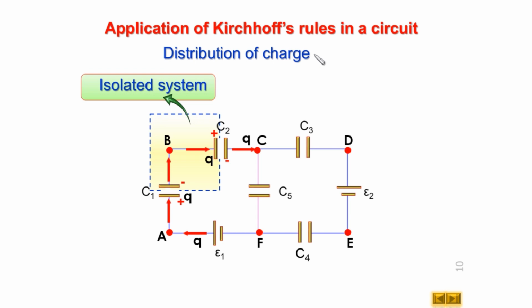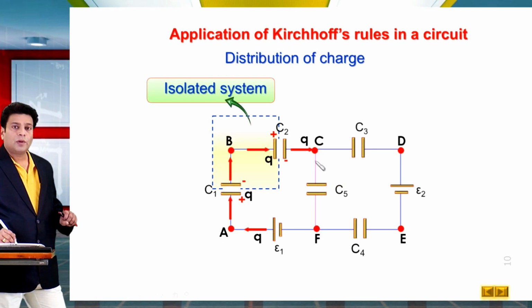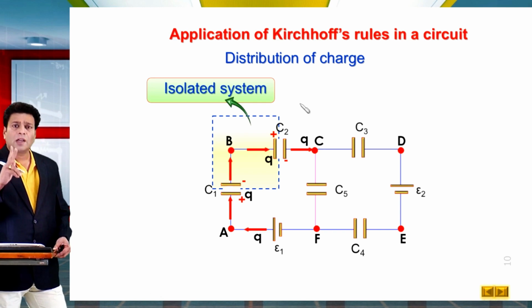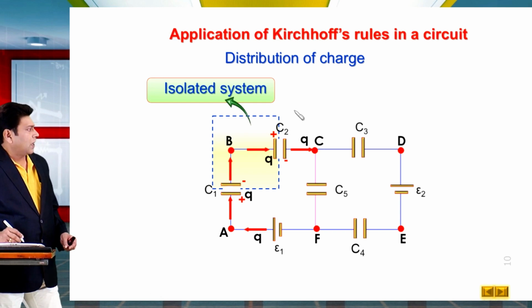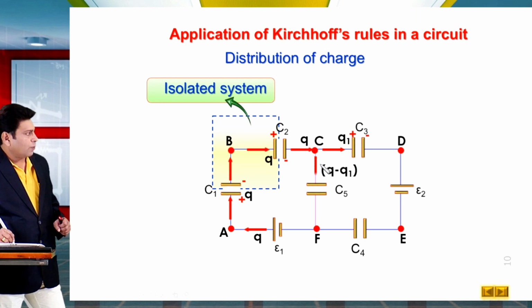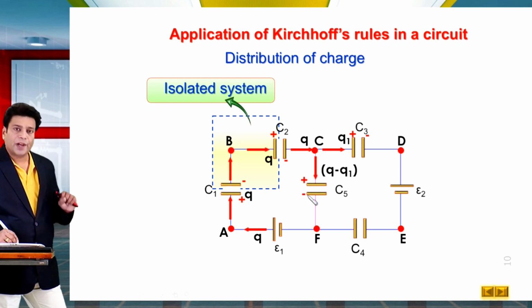Now there are two paths. One path is going straight, the other path is going down. So what will we do? We will distribute the charge here, keeping the conservation of charge in mind. Let us make charge Q1 in this direction. Let us make the arrow here and write charge Q1 is going here. So this plate will be positive, and now from conservation of charge, what charge will be left here? Q minus Q1. So we can make this arrow here and write Q minus Q1. This will be positive and this will be a negative plate.